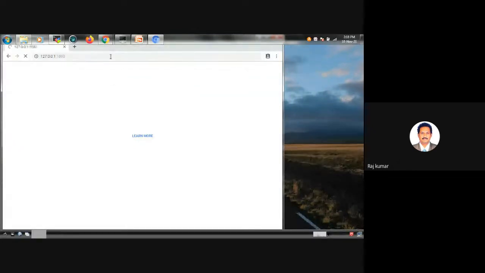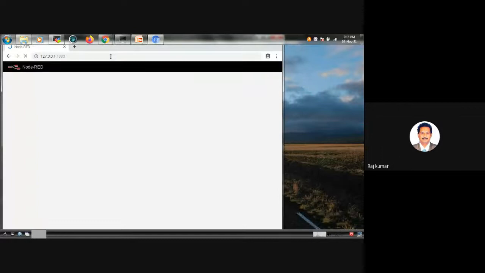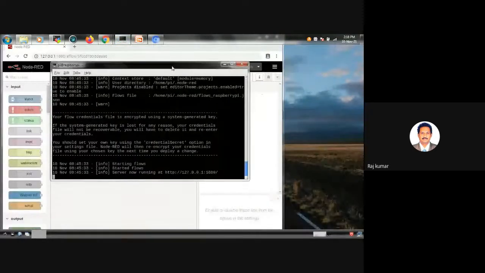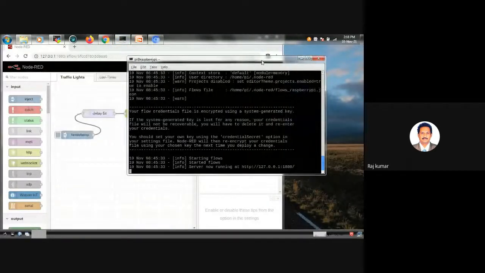Press enter. Now the Node-RED flows will slowly be loaded onto the user interface.